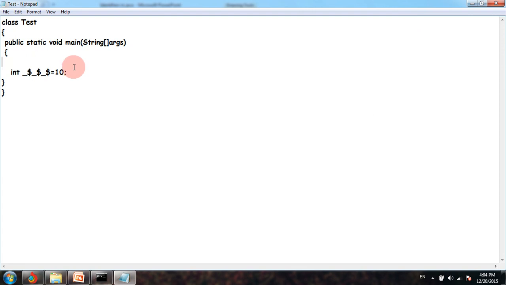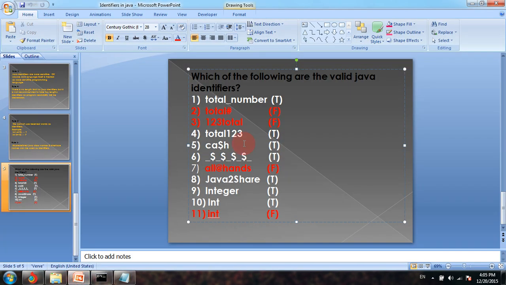Similarly, int total hash equals 90 and int total underscore number equals 90, say, and int total pound equals 80. We have discussed these points. And then cash is also true. Underscore dollar is also true because there is no violation. It is not starting from a digit, it is starting from underscore, which is perfectly alright.